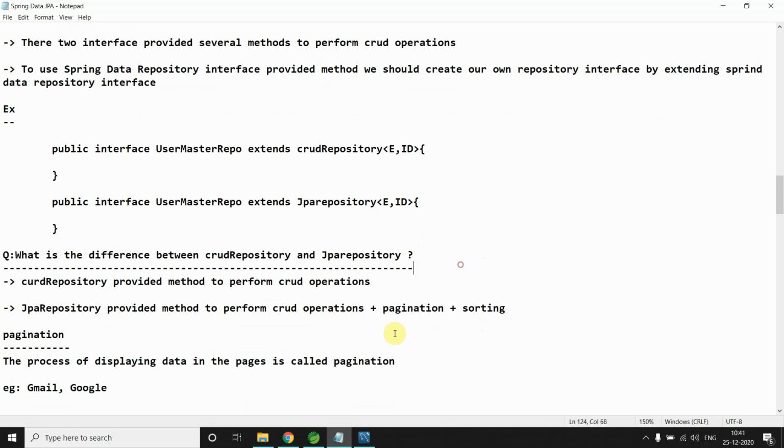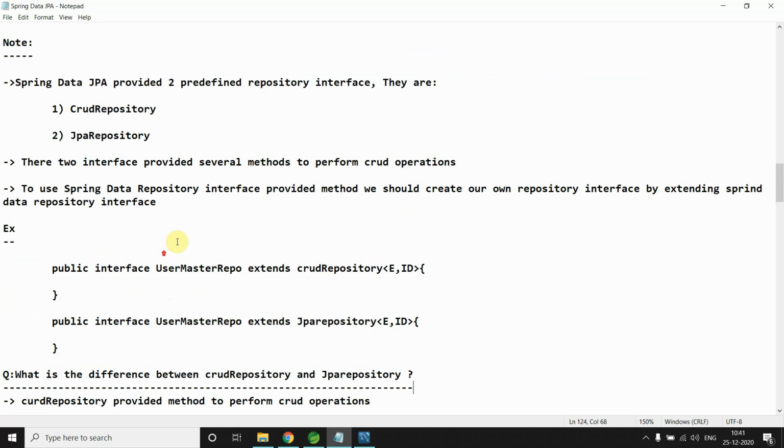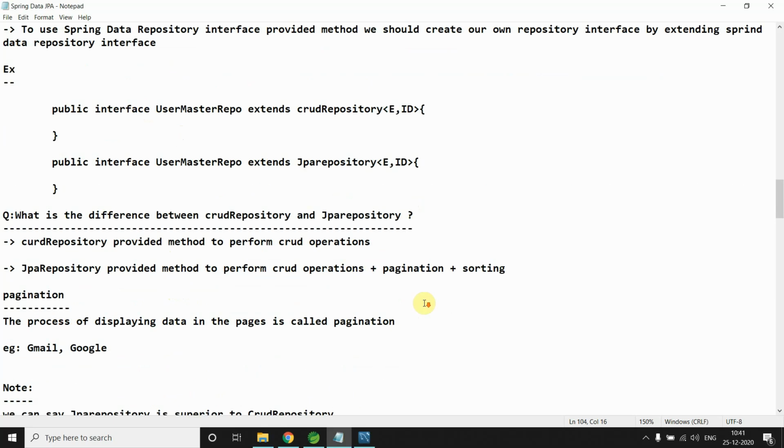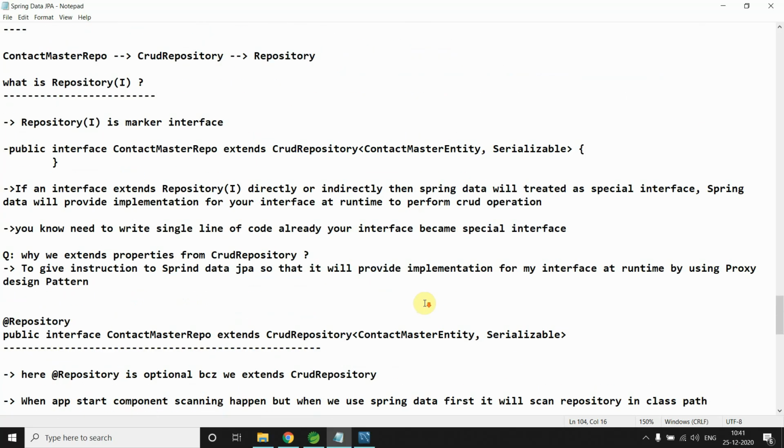What is paging? If you open Gmail or Google, on your first page in Gmail there are results 1 to 50, right? After that you go to next, then your results are 50 to 100. So your records show in the form of pages. That is called the mechanism of paging. Got it? So now you have your answer as to why we need these two and what the difference is. Let's see what methods CRUD repositories have.